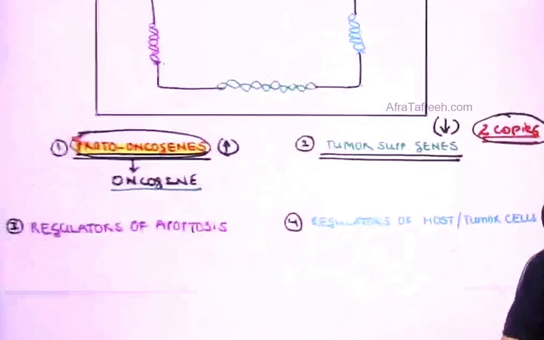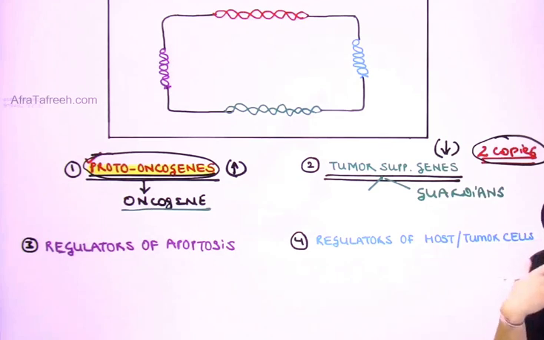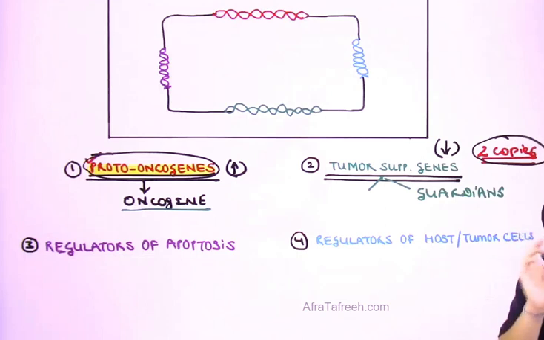Now, one of the recent things that we have understood as a concept is that the tumor suppressor genes are subdivided into two categories. One which is given the name of the guardian category, guardians. So guardians, just like you and my guardians, our parents, our well-wishers, our caretakers, there is a gene which is a tumor suppressor gene which is acting like a guardian. These genes are going to function as DNA damage sensors. So whenever there is a DNA damage, they will sense it, they will try to repair it, and that is how they will try to restore the normal functioning of the cell.